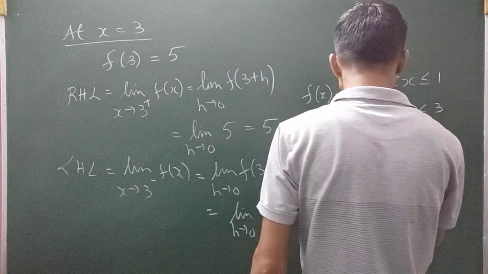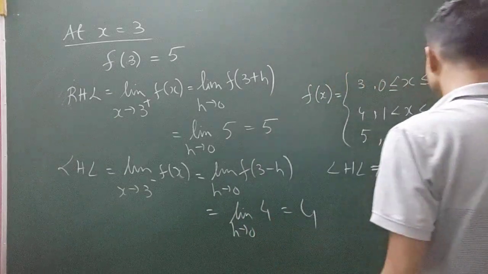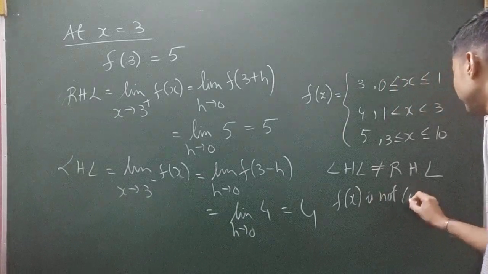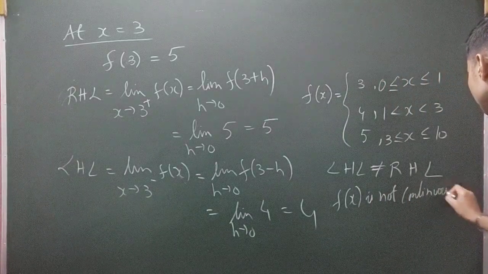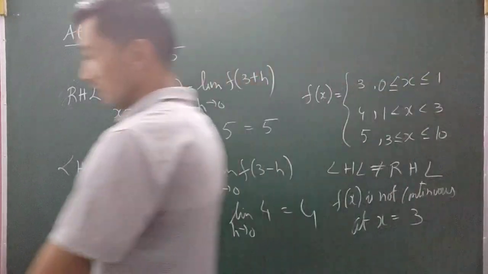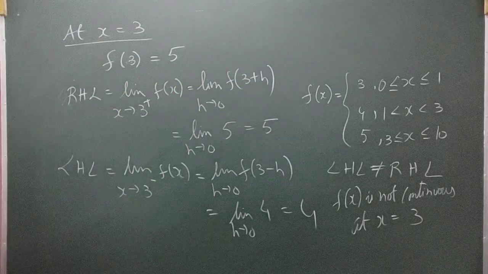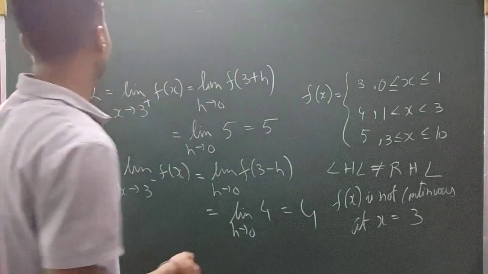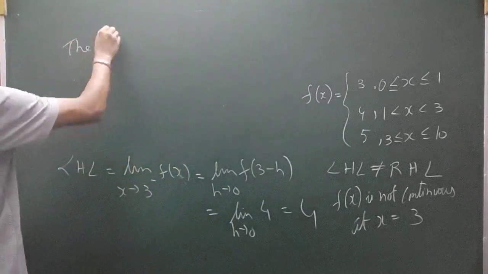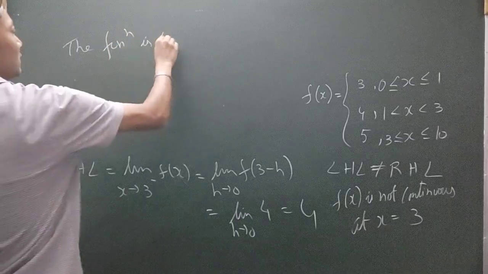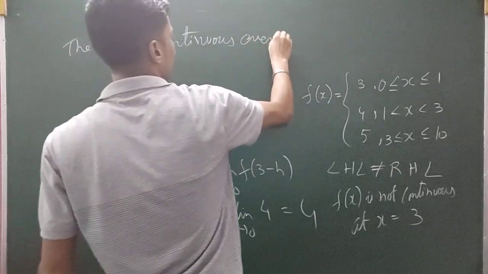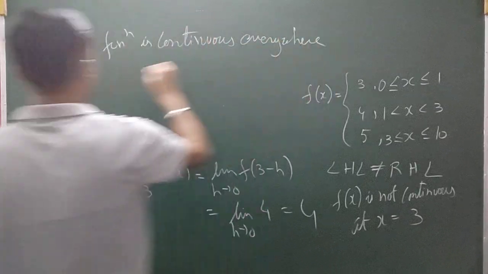So the left hand limit again is not equal to the right hand limit. So f of x is again not continuous at x equal to 3. So within the interval given to us, what can we say? That the function is continuous everywhere, except